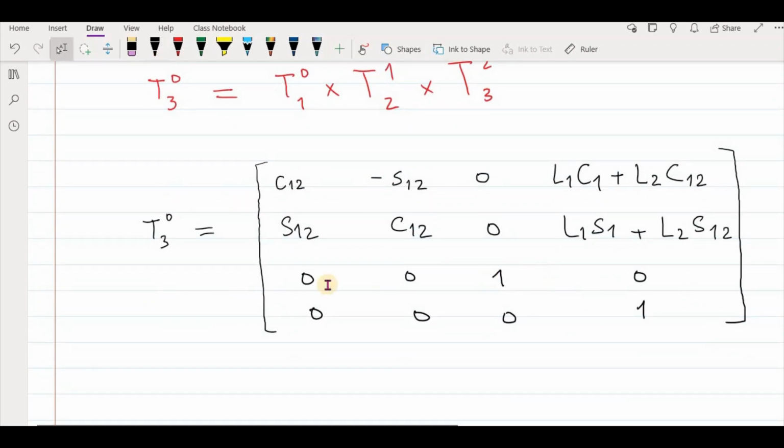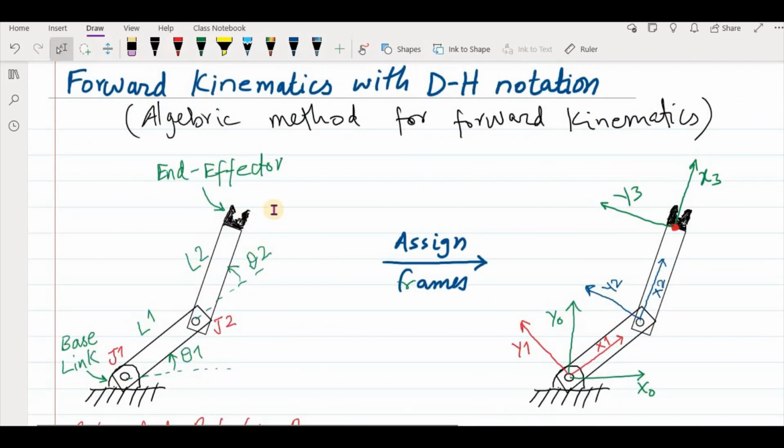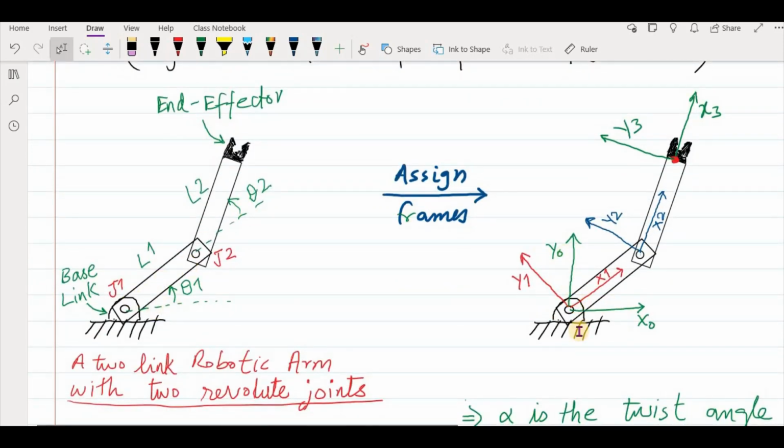And yeah, so this is the transformation matrix, and that's what you were looking for. You wanted to have the position and orientation of your end effector, your gripper, with respect to your base frame and the reference frame. So it says that your end effector frame is rotated about z-axis. You see that this is the reference axis and this is your final axis. You see that it is rotated about z-axis with respect to this reference axis, and the distance between them is the L1